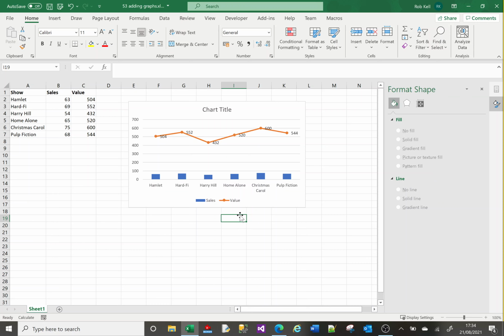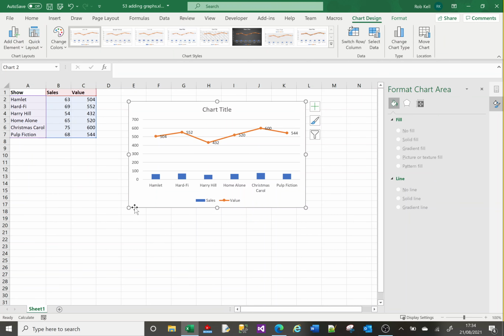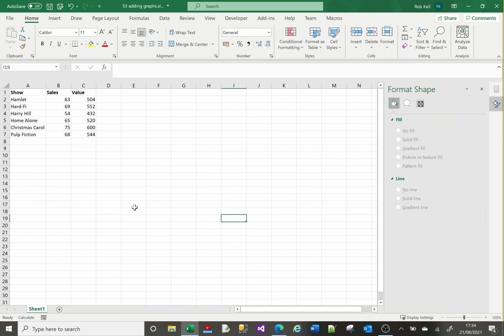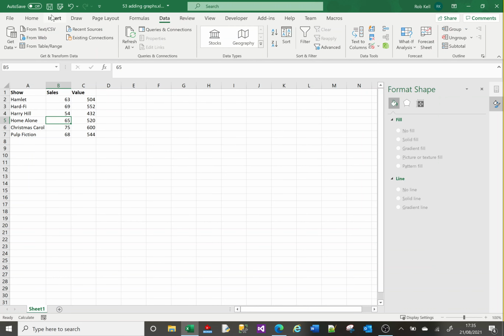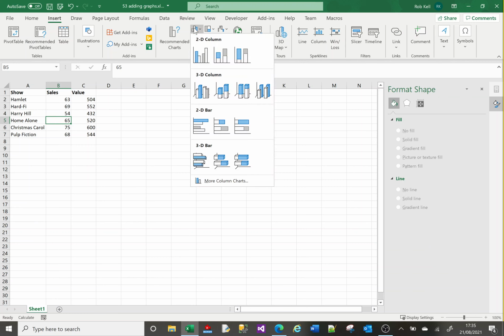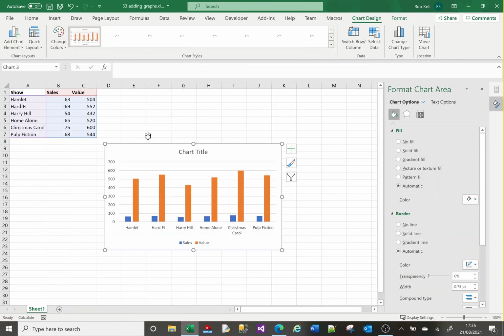Okay. So now what I want to do is I want to delete that. So if I just highlight that and then delete it, it'll disappear. Now let us create a chart again, but we're going to just use one of these sets of data rather than both. So if we go to insert and we go to this chart here,